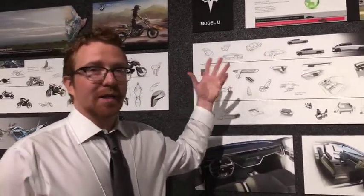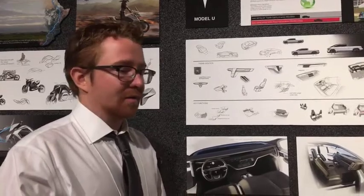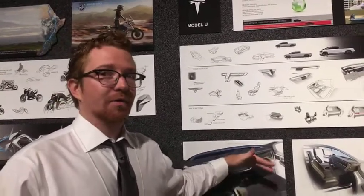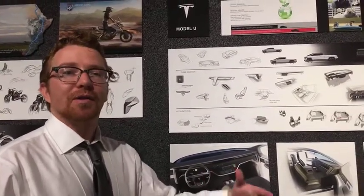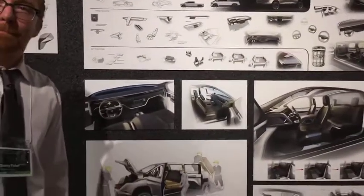And really it's about altruism. How do we take this sustainable energy and put it into a segment of the automotive industry that really needs it? So it's logically where this should go. It's about the better good, so big picture. What are some of the elements in your design here that we might not have seen before in our